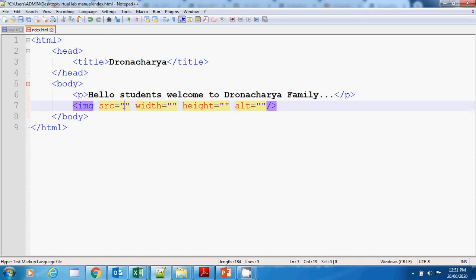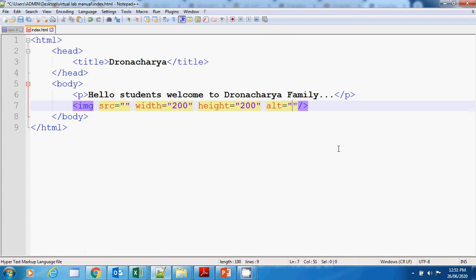For src, we have to give the link of the file where that particular image is stored. Width, whatsoever width we give, suppose I have given 200, so the width will be 200 pixels. Height, I have given 200, so the height will be 200 pixels.